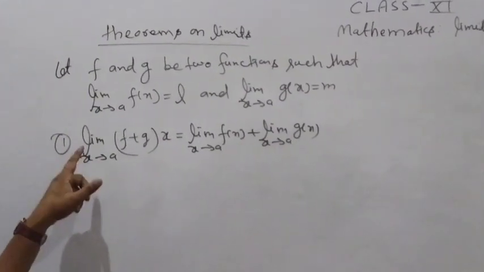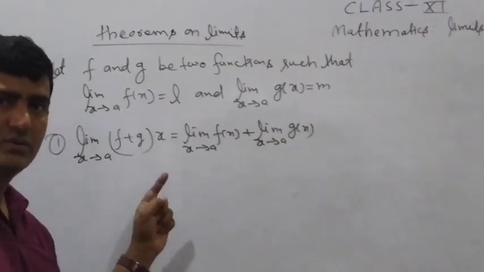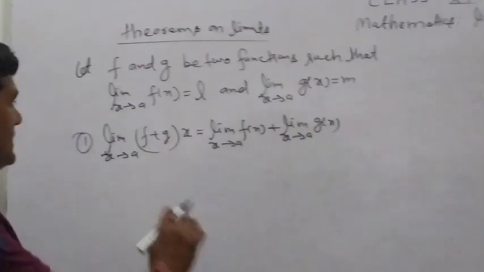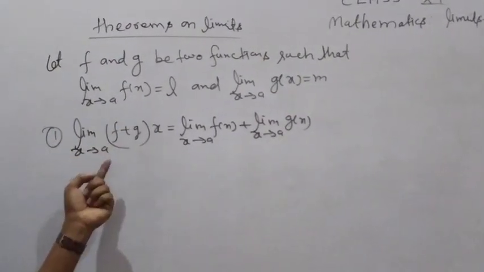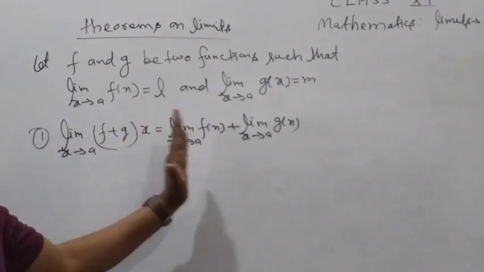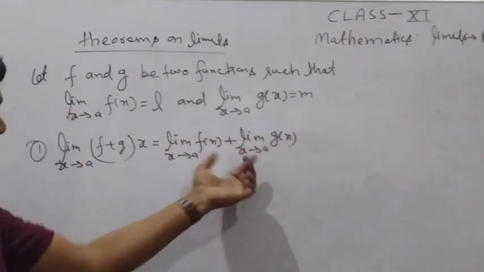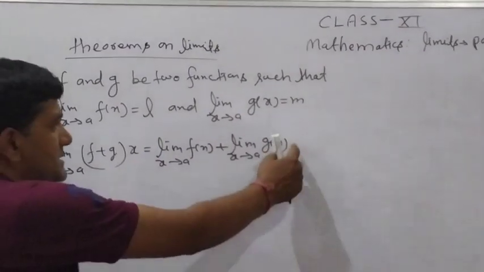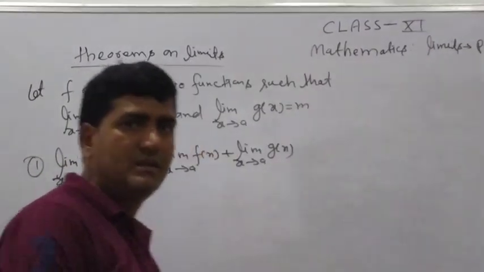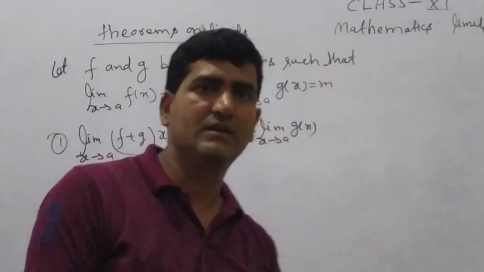It means the limit of the sum of any two functions is equal to the sum of their limits. Clear? It is not compulsory that only two terms are there. In addition, if two or more than two terms are there, we can put the limit individually. Suppose f, g are given here; if one more term is there, then plus the third term also. If four terms are there, plus four terms also. Similarly, we can write so many terms. Then I am going to write for the difference, multiply and divide also.